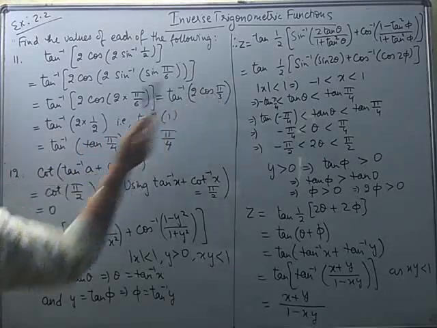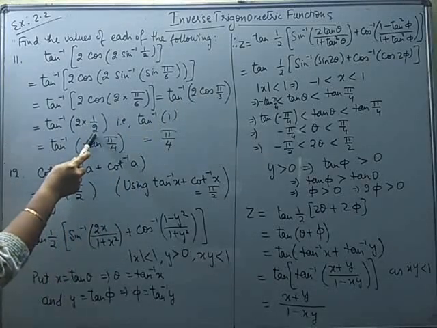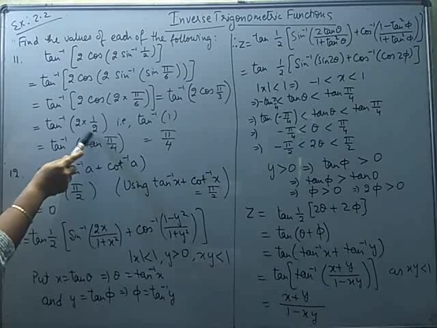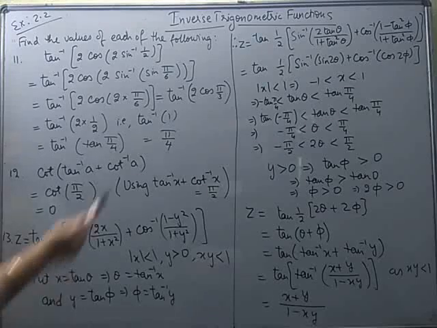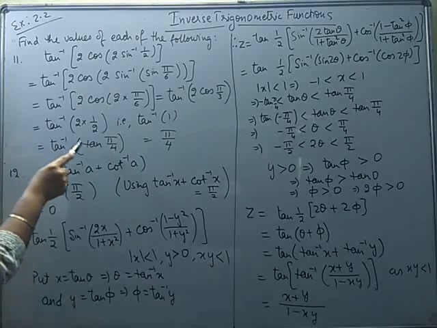Now cos pi by 3 can be evaluated. Cos pi by 3 means cos 60 degree, which is 1 by 2 only. So this is now twice of 1 by 2. So 2 and 2 also get cancelled out and we are finally left with tan inverse 1. Now this 1 can be written as tan pi by 4 and the expression takes the form tan inverse tan